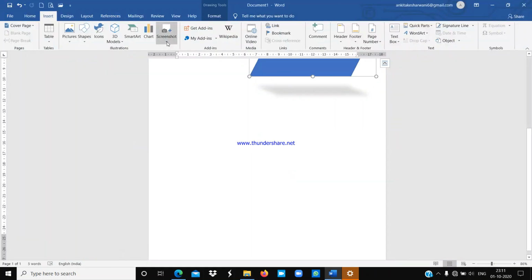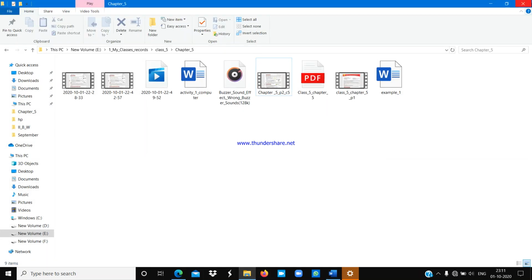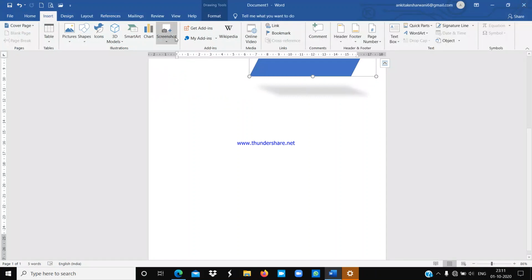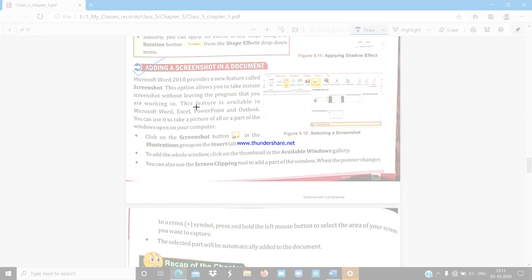Okay, so if you want to do this, right now I have opened this, I have closed this, sorry. So it is not showing the available windows option here. So you can use any screenshot from there only, and also you can use this option, screen clipping. Okay, and if I want to take a screenshot of any particular area, you can see my mouse pointer will change into a cross here. So now I'm going to take a screenshot like this.